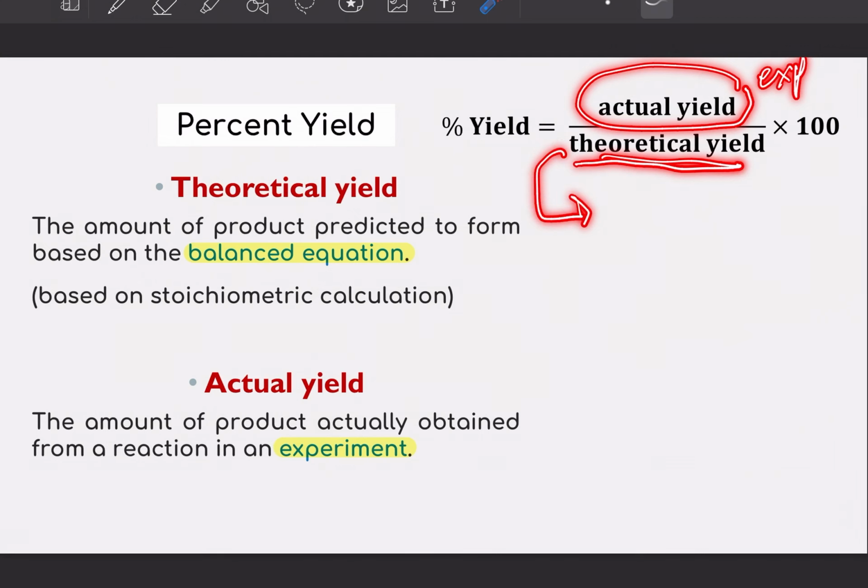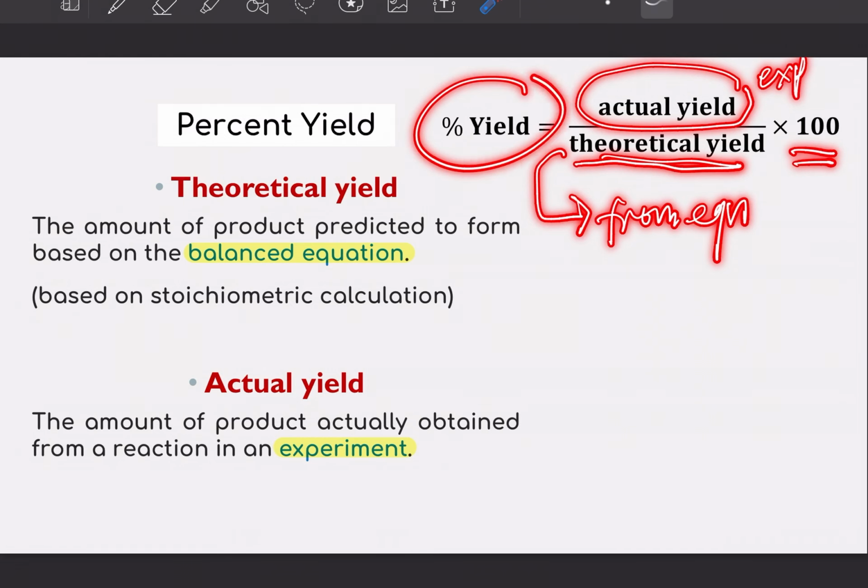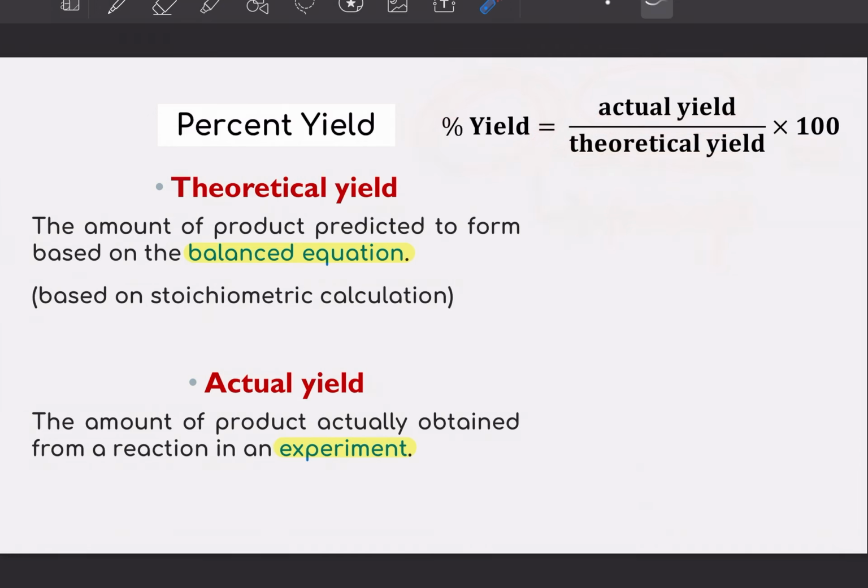So this one is from equation, and then times with 100, and you will get your percentage yield. Okay, so kita nak tahu berapa banyak yield kita dapat, right? Percent dia. So theoretical yield is based on balance equation or stoichiometric calculation. Your actual yield is from experiment. So actual yield is usually given lah. Okay, sometimes macam terbalik, dia tak bagi ni ke, and then dia bagi ni ke, tapi selalunya yang ni bagilah,